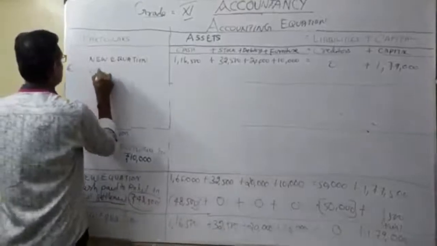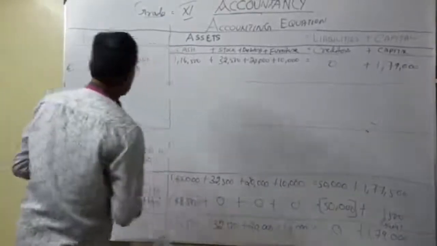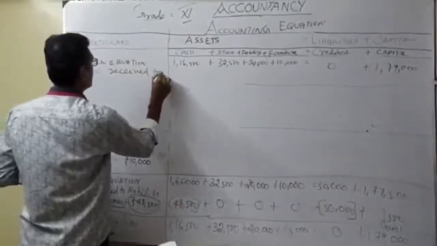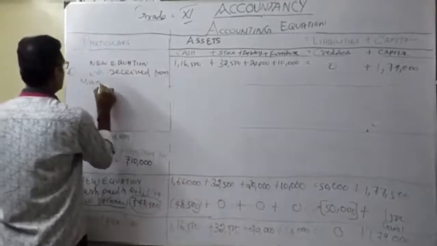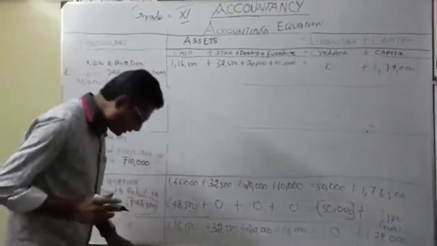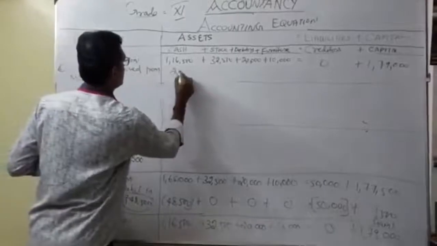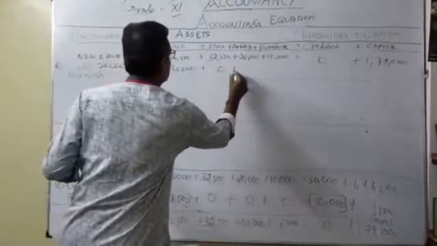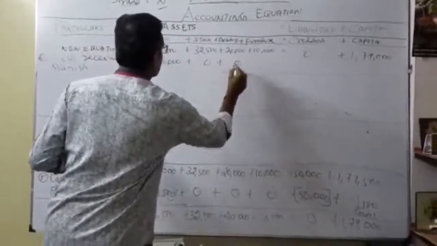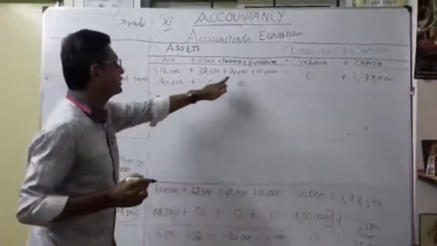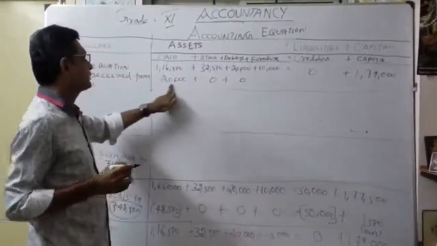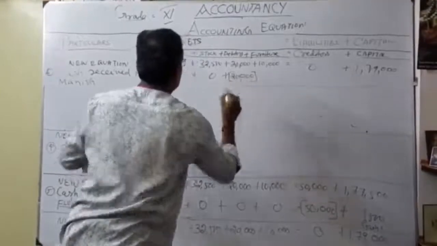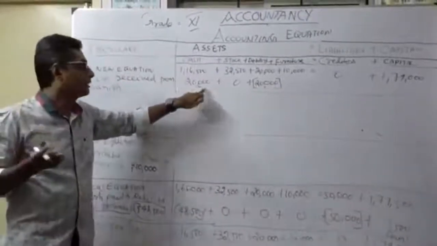Cash received from Manish. How much? 20,000, correct? So I got money, cash 20,000. Plus 0. My debtors now become what? 0, because now we got money. So there is no debtors now, correct? So we got 20,000 here. My 20,000, I put in the bracket. That's why it becomes nil. So here my cash increased, my debtors decreased.